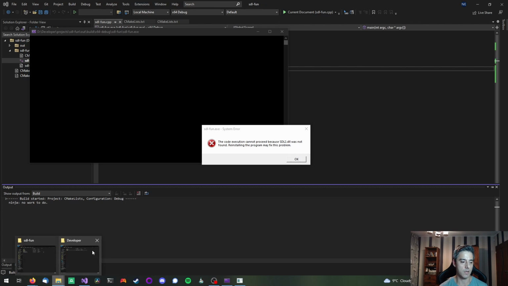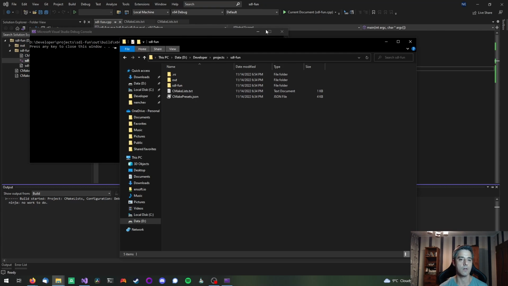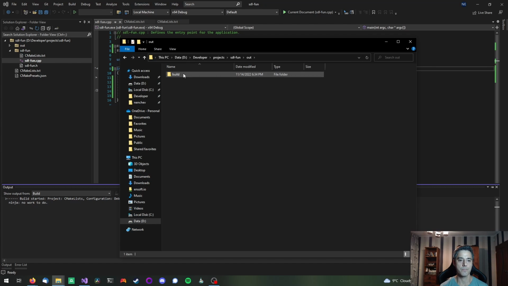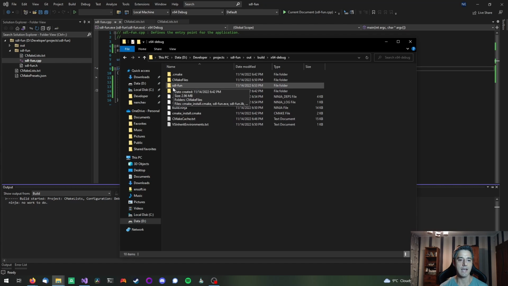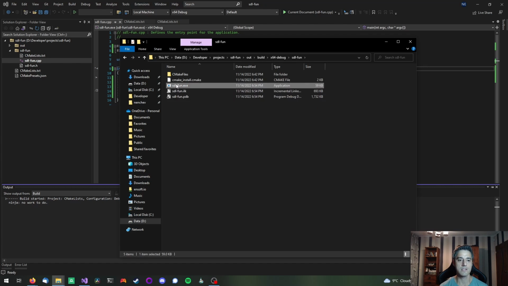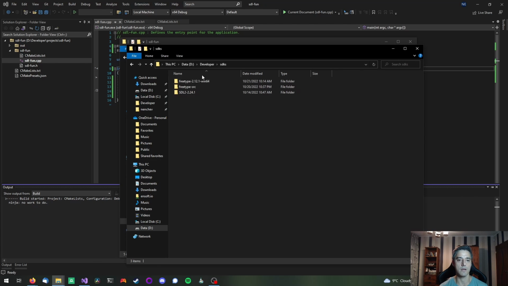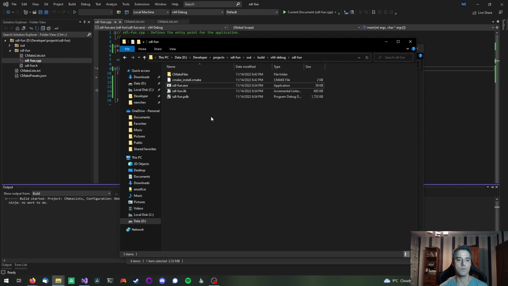So if we just open our folder, this is the SDL fun folder that Visual Studio generated for us. And if we go to the out folder, build, and then our build type is x64 debug, as you can see up here. So whatever build type you're using, you should always go into that folder. And then inside of the SDL fun folder again, you'll find the executable. And if I run that, I get the same error. It's running the same executable. So if we put the DLL in here, and I go inside my SDKs folder, SDL2, lib, x64,